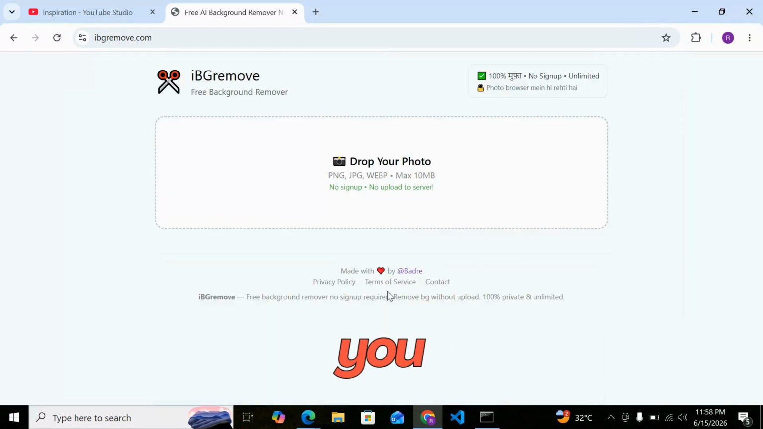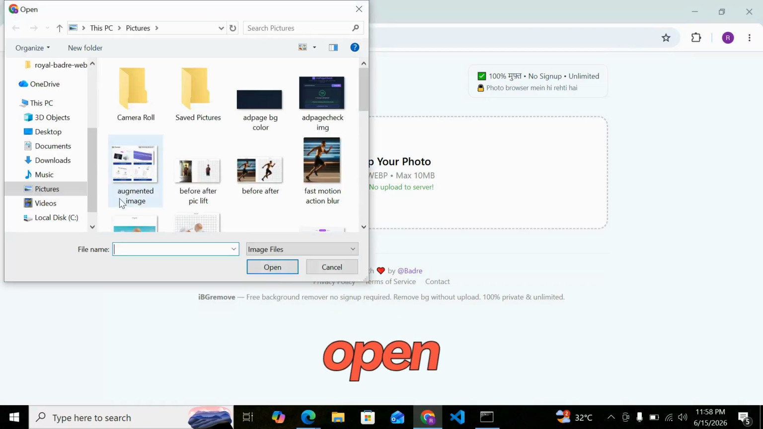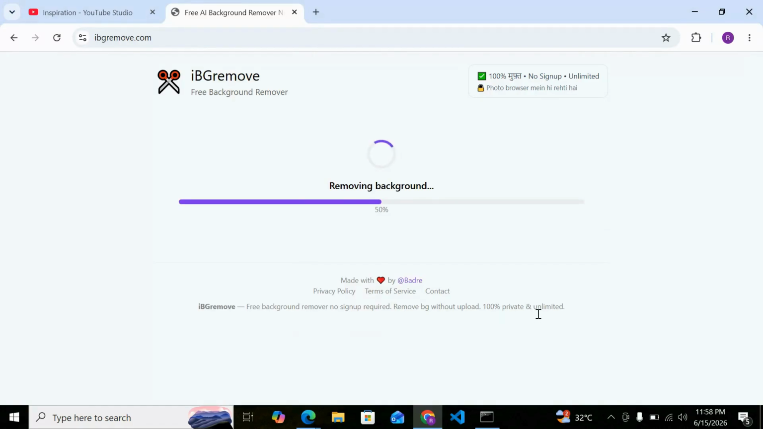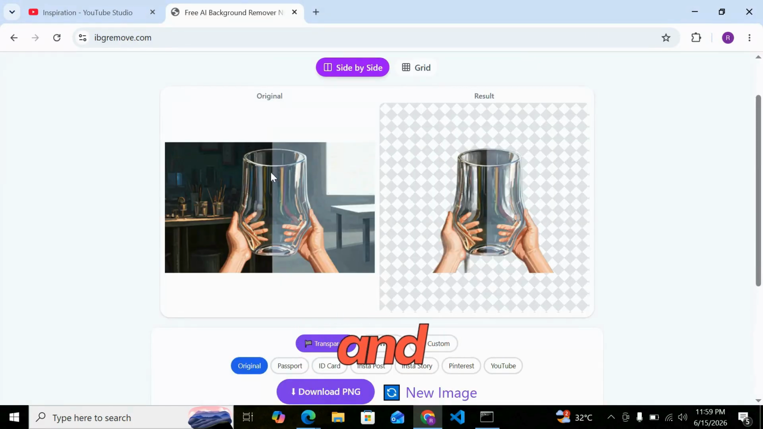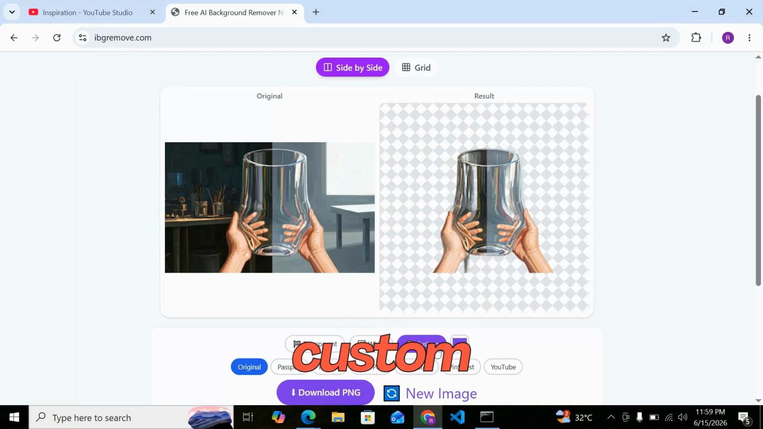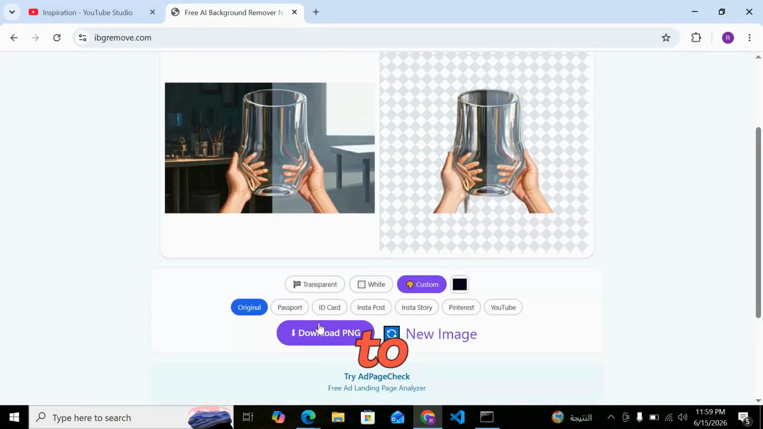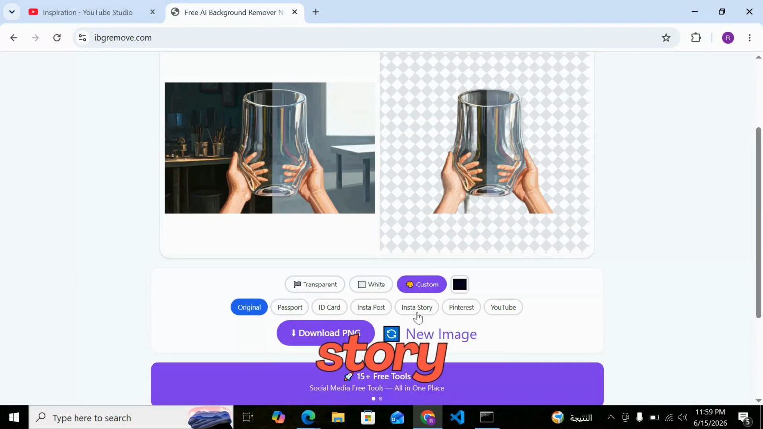Okay, then drop your photo here, open. This is our original picture and this is our result. Okay, so if you want to edit any custom color, click on custom, choose color, any color, done. Okay, for example, if you want to post this on Instagram story or Pinterest, okay, so select